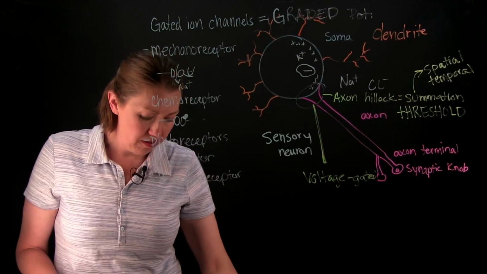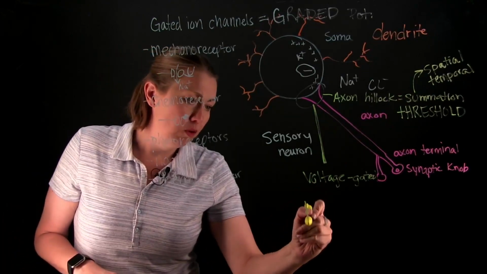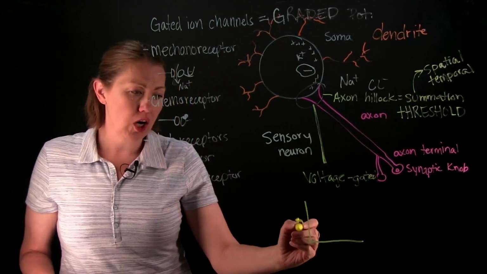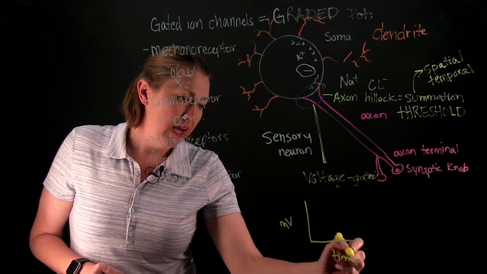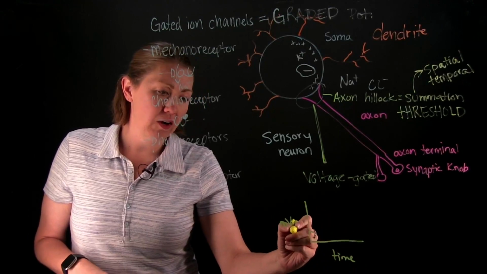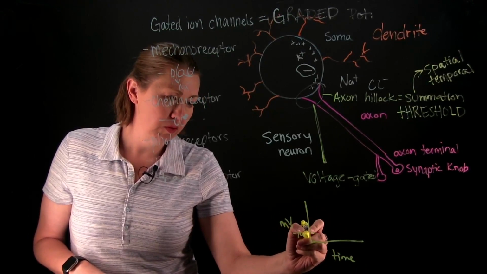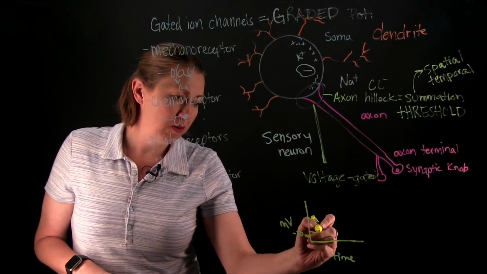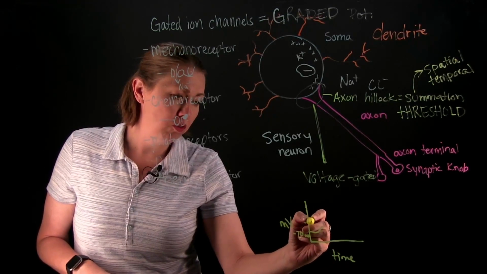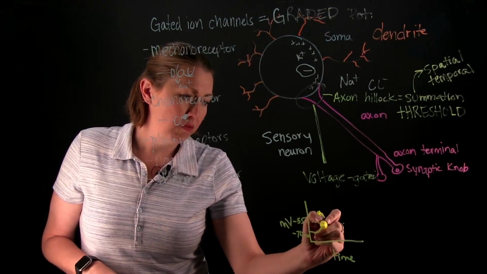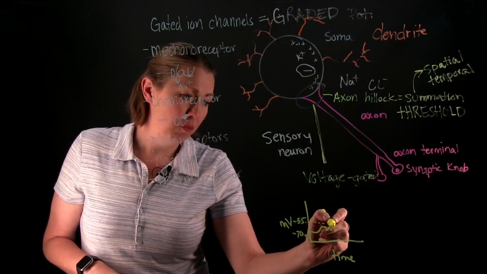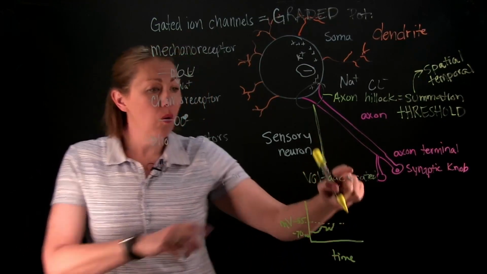So if we were to draw this out, kind of like a voltmeter, we take and we measure the charge. So we'll have this in millivolts here. We'll have time down here. And let's say we're hanging out here resting at our negative 70 millivolts. And then we start to get small changes, small changes. We don't do anything about it until we hit this negative 55. And so we have small changes. You might even go down, you might come back up, but once you hit here, now we're going to open these